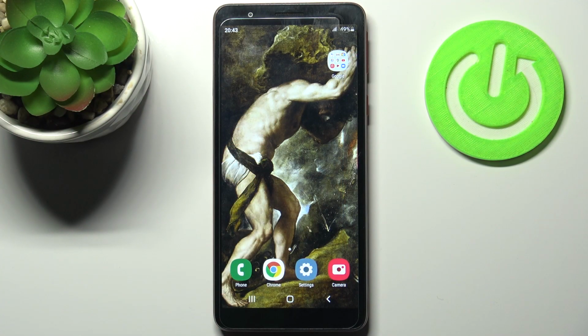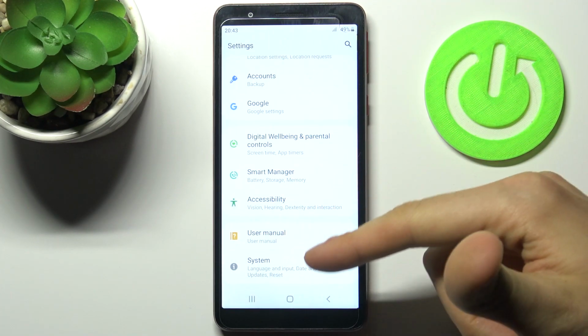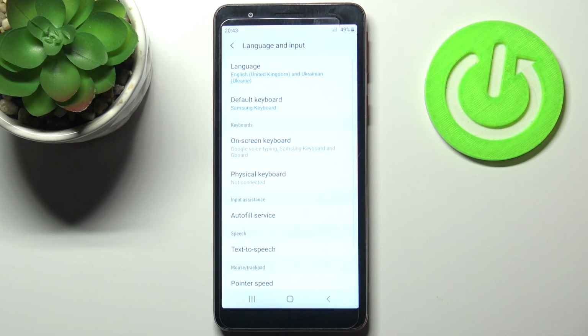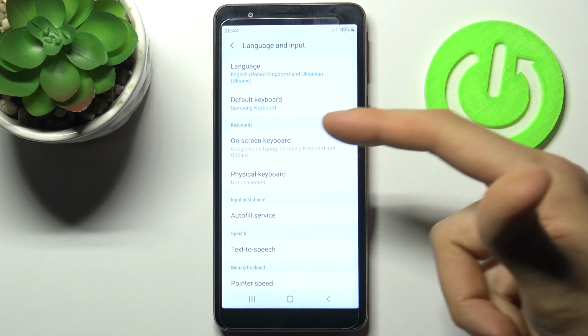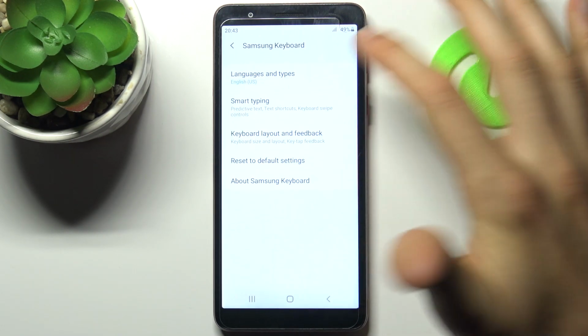Here I have Samsung Galaxy M01 Core, and today I'm going to show you how to change keyboard language on this device. So to do this, firstly what you have to do is to open settings, then go to the system section, languages and input, then on-screen keyboard, Samsung keyboard, languages and types,